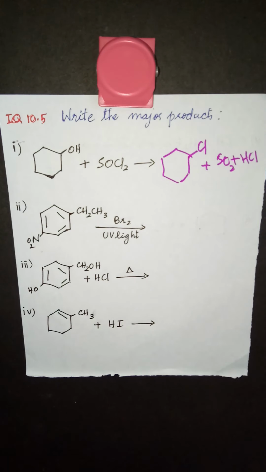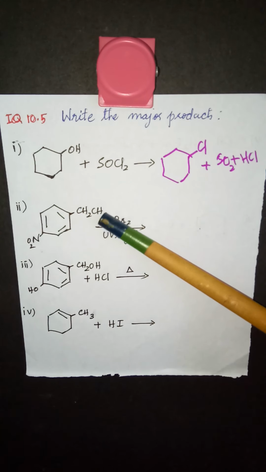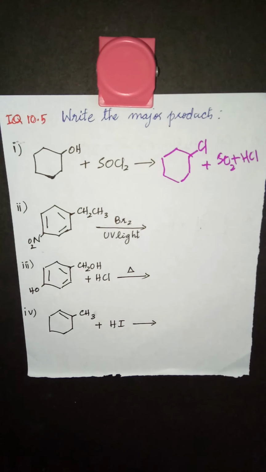And look at the next equation. What is given? You have bromine in the presence of UV light, which means you are taking an alkane and it is treated with bromine and UV light. So what will happen? A hydrogen will be replaced and bromine comes there. Now the question is whether this hydrogen will be replaced by Br or this hydrogen. So that is the reason in the beginning of the video I tried to recall the stability of free radicals and carbocations.